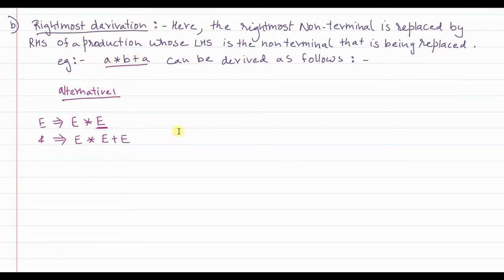Now which is the rightmost element? This is the rightmost element. So I try to eliminate that, that means replace that. What I want, the last element should be A. So I will replace that last E with A. So the string that we are supposed to get is this one. I have already obtained the last and the second last element, that is plus A.